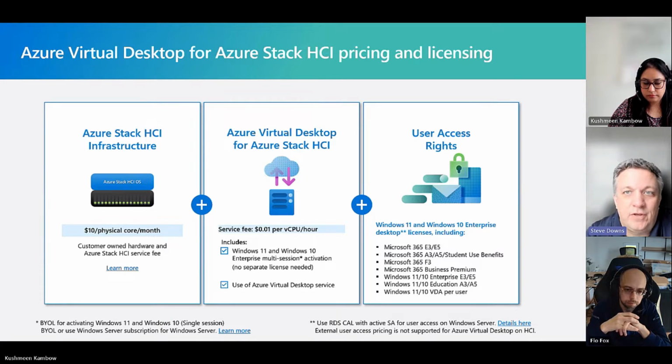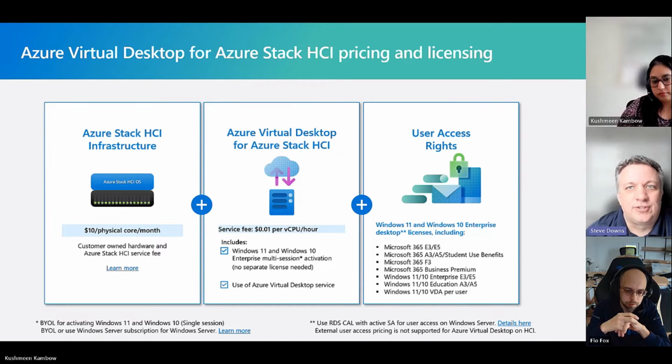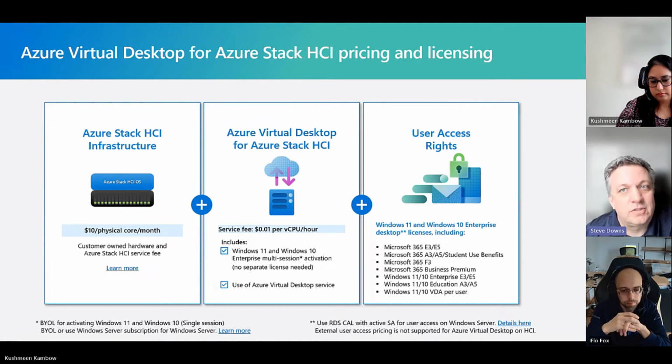So if every user has a VM with 4 vCPUs, you need that many more resources versus those users sharing a larger server OS. So your data center footprint gets larger, your expenses get larger, the things you have to manage grow, etc. So with AVD, we combined the best of both scenarios. You get the multi-session experience of multiple users sharing resources, so your costs go down, and the user experience is optimized because it is our client OS.